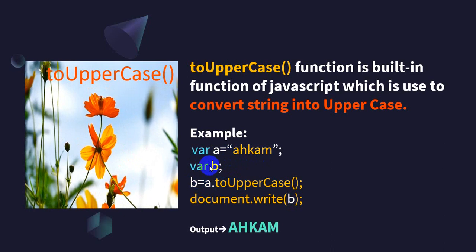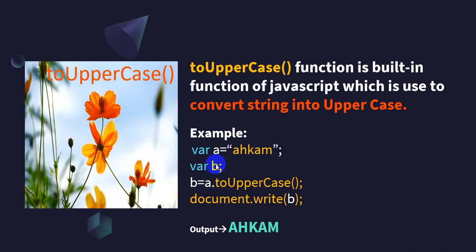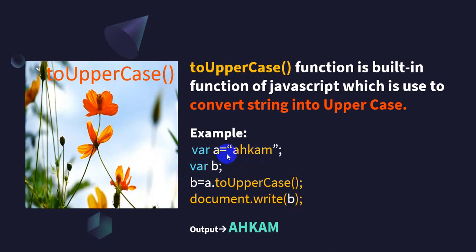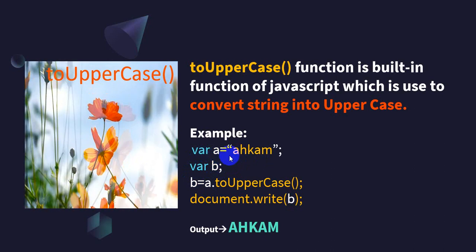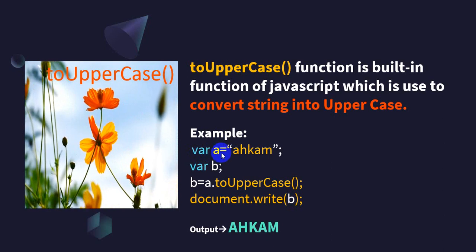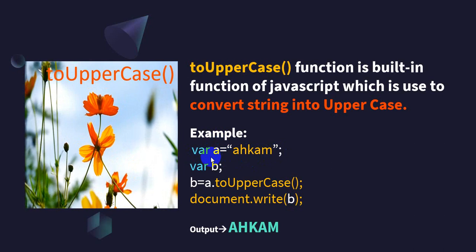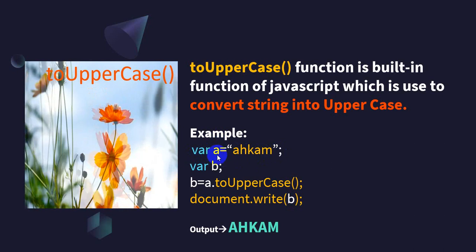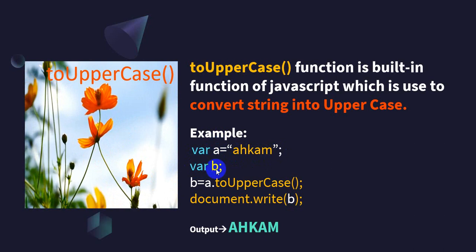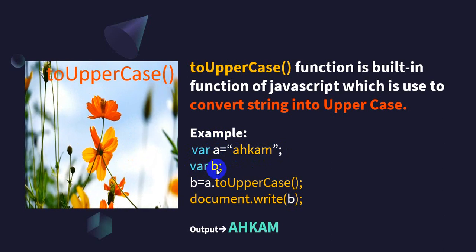Now I am going to assign some value. Here I have not assigned any value. In this line I have declared a variable as well as, at the same time, assigned some value. The declaration part is var a, but to that variable a I have assigned the value at the same time. Means declaration and assignment is done in the same line. Okay, but in the second line there is a var b. Here I have declared a variable only.